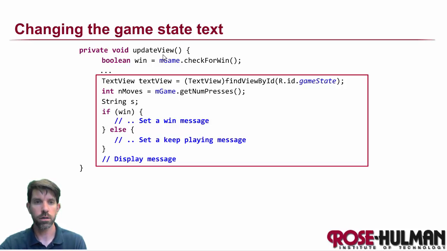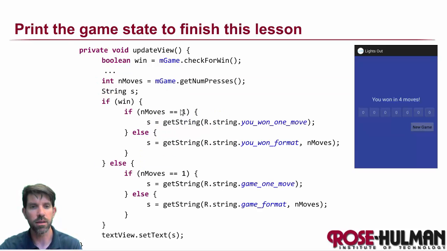All right, so how are we going to change the game state text? We're going to need to capture the text view again for the game state. And then we're going to have a couple of different messages. Remember, if we win, we're going to set it to one message. If we don't, then there's going to be a keep playing message. And then we're going to have to actually update the text view so it displays the proper string. But actually, it's going to be a little bit more complicated than this,